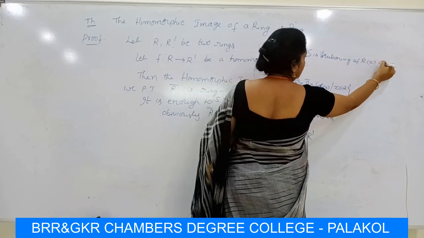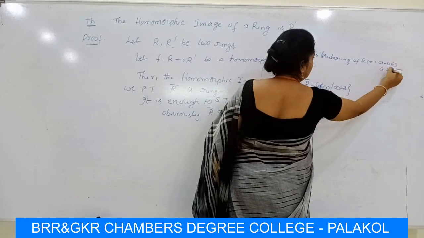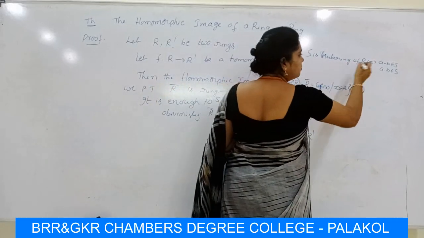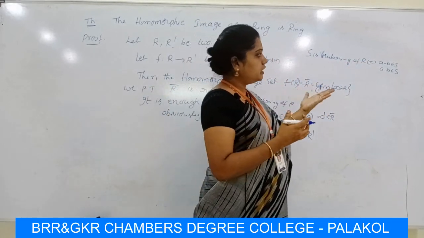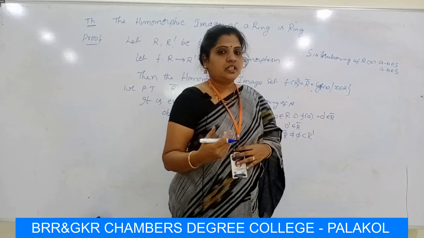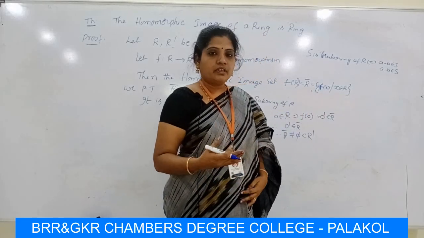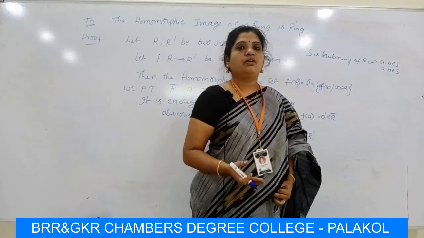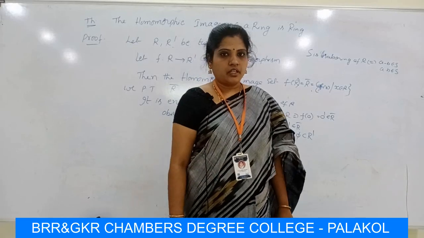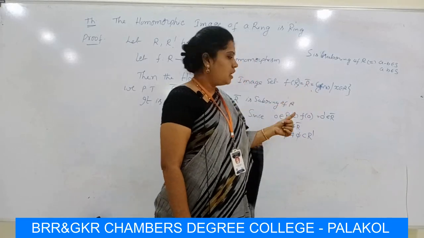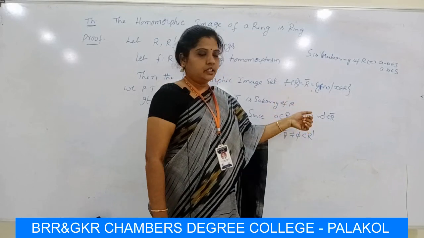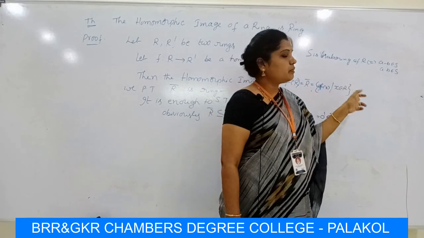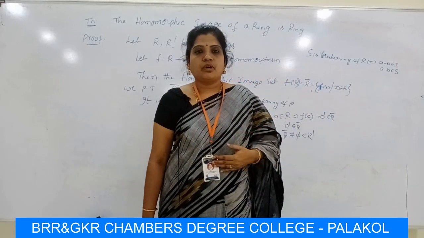if and only if A minus B belongs to S and A dot B belongs to S. Here, if S is a subring of R, then we take the conditions A minus B belongs to S and A dot B belongs to S. Conversely, if S satisfies the conditions A minus B belongs to S and A dot B belongs to S, then S is a subring of R. So, by this theorem, we have to prove R bar is a subring of R. This R bar should satisfy these conditions: A minus B belongs to R bar and A dot B belongs to R bar.